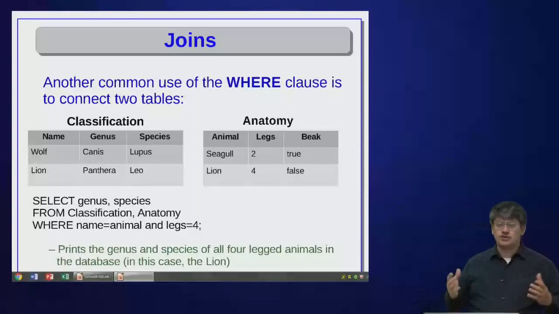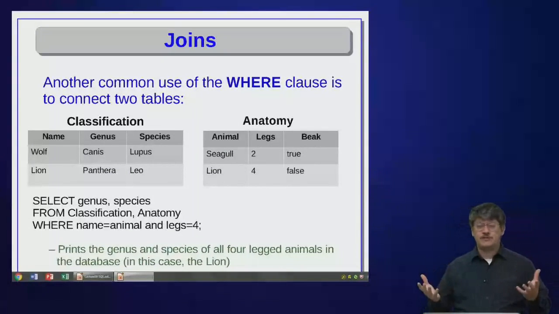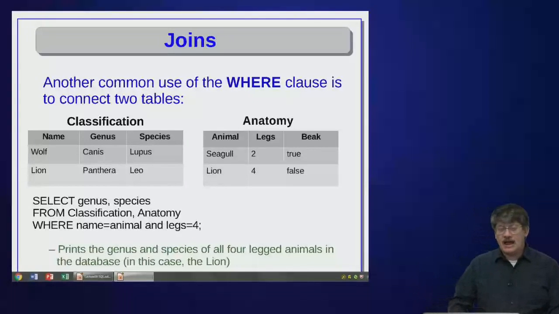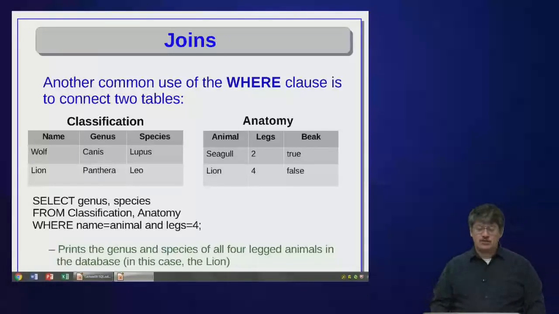We can also do what are called joins. Basically, we can take two different tables and put them together to answer a question. So if you remember, a couple slides ago, I had these two tables, the classification table and the anatomy table. And I can put them together to get information about both. So I can say, select the genus and species name from the classification table and the anatomy table, where the name column is the same as the animal column, and the number of legs is 4. So what it's going to do